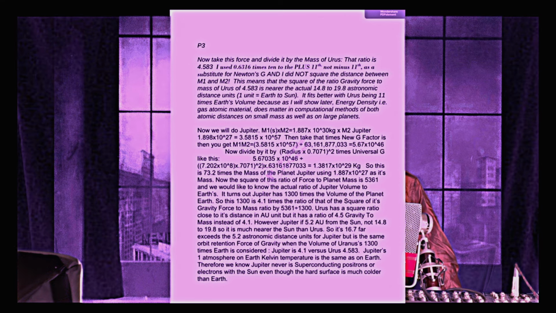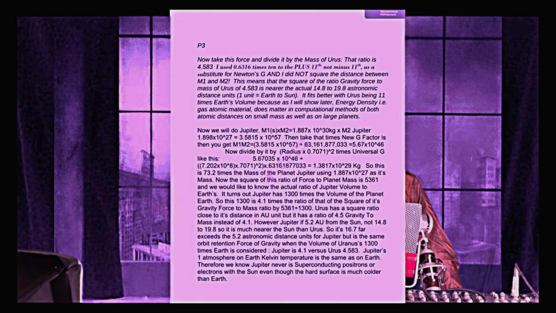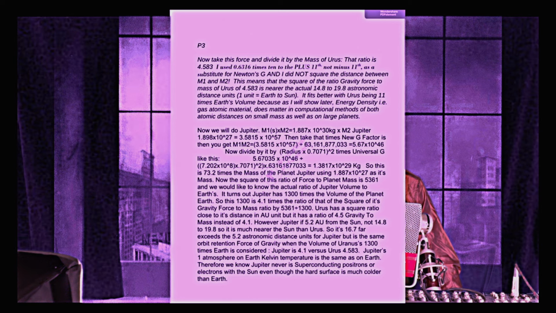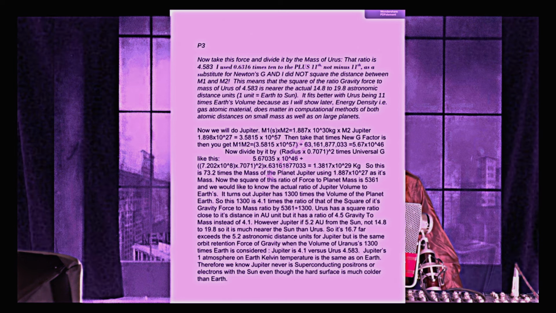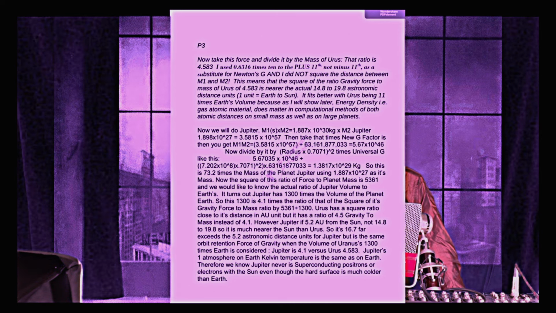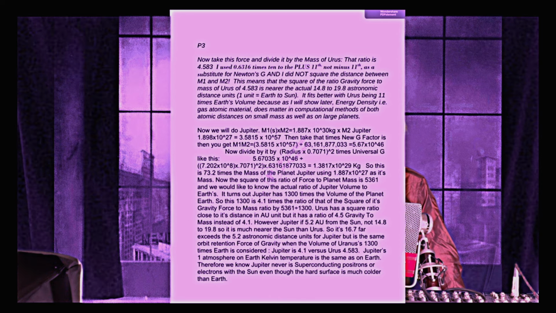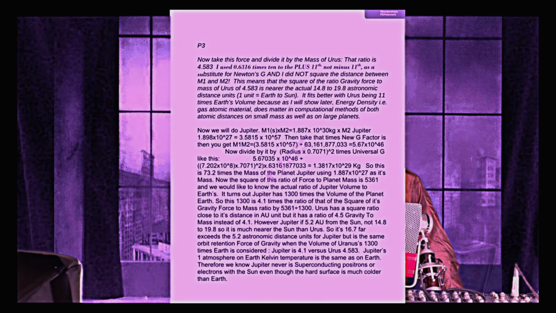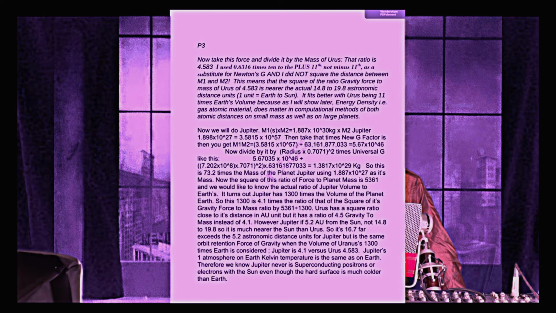Now divide that by the radius, the quantity of the radius times 0.7071, squared, times universal G like this: 5.67035 times 10 to the 46 divided by the quantity 7.202 times 10 to the 8th, times 0.7071, squared, times 63,161,877,033. We get 1.387 times 10 to the 29th kilograms. So this is 73 times the mass of the planet Jupiter, using 1.887 times 10 to the 27th as its